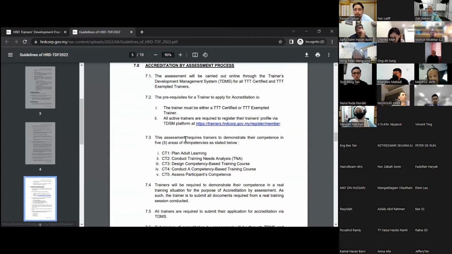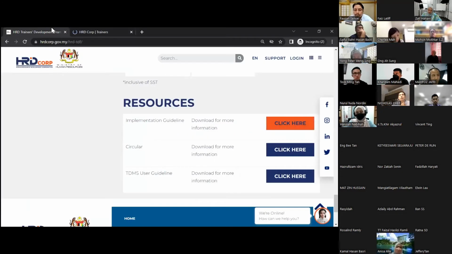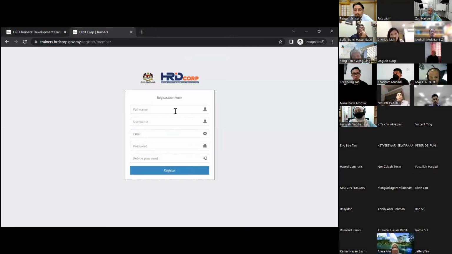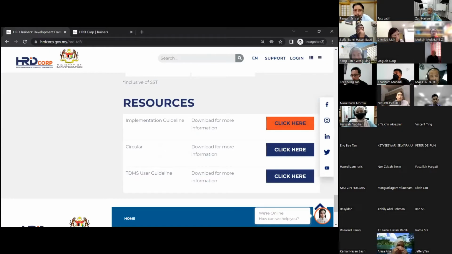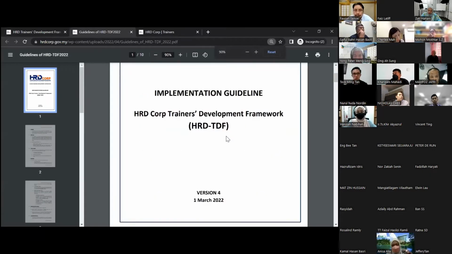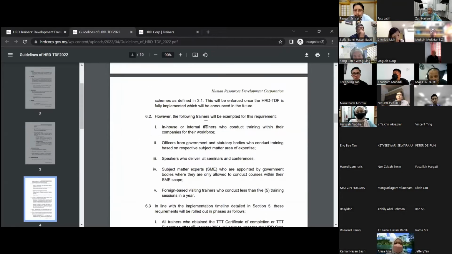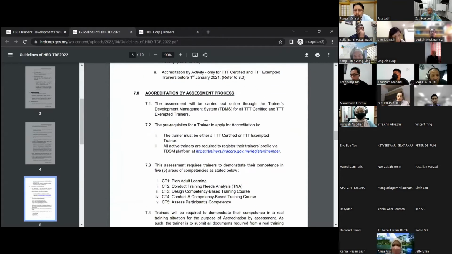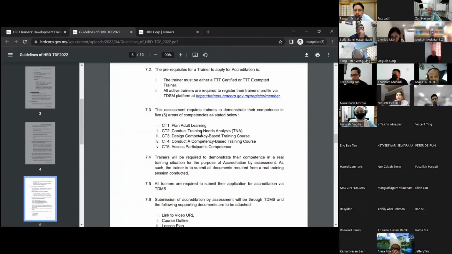//trainers.hrdcorp.gov.my/register/member. If you download this guideline, you can straight away click here. So this is the registration page. Okay. So that's the first step. The first step you need to do is to register your profile with us at this link at the TDMS